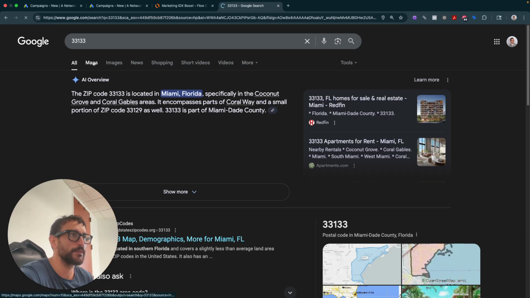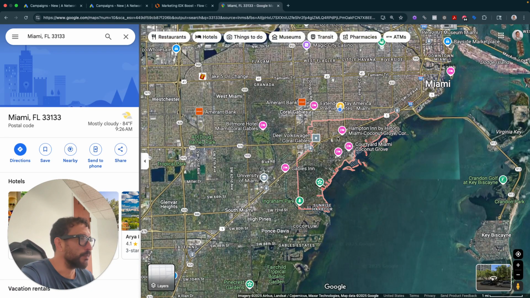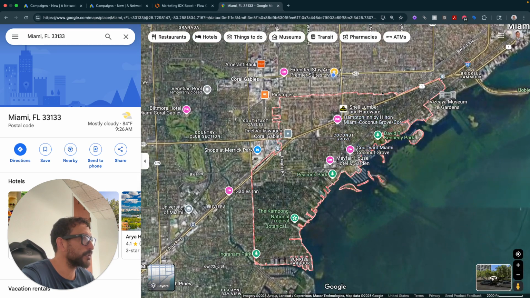So let's go to maps. And we see here, Coconut Grove is a big chunk of that 33133. You get a little bit over here on the other side of US 1. But what I'm trying to show you today is that we're following basically what Zillow, Realtor, Redfin, Trulia, all these multi-billion dollar companies do. They've done it in the organic sense, so they don't pay for the click. What we're doing is we're trying to show you the way to skip all that for the best traffic, best